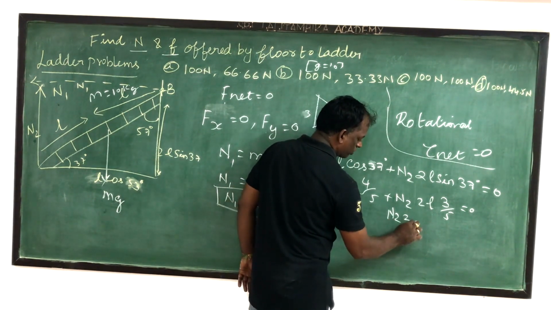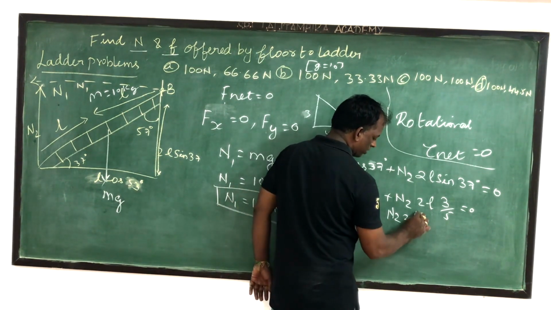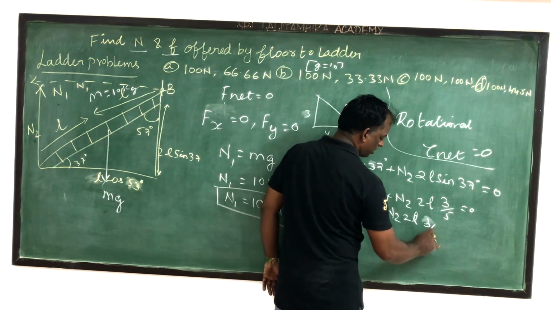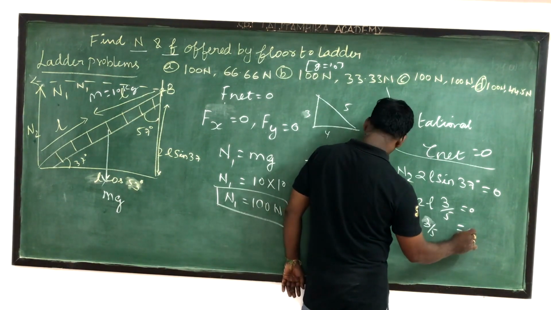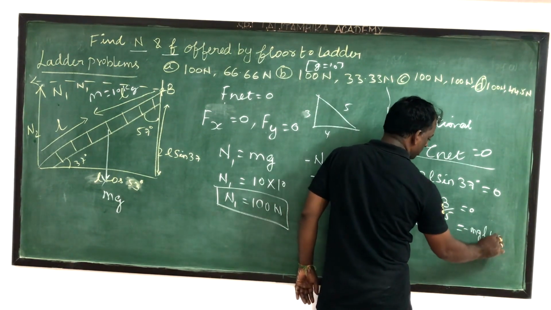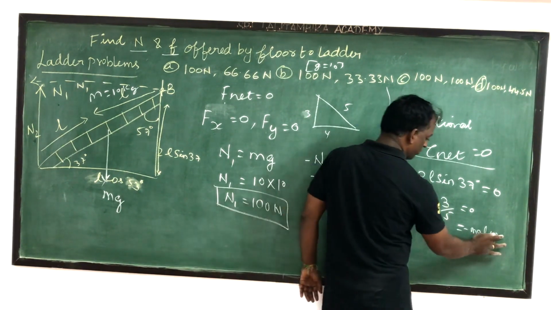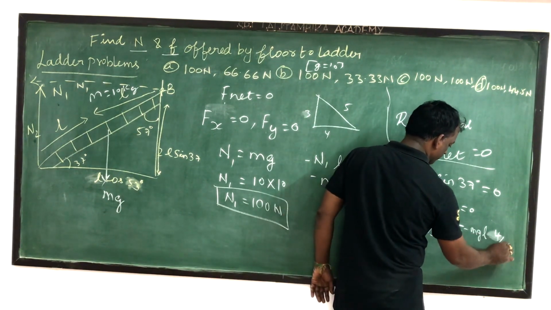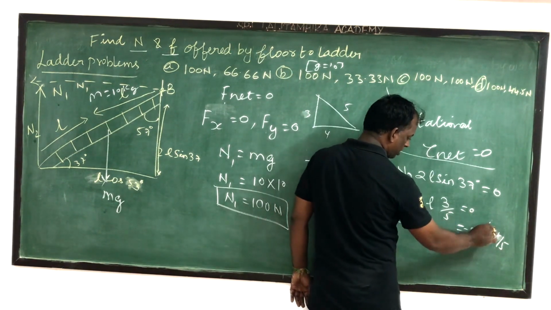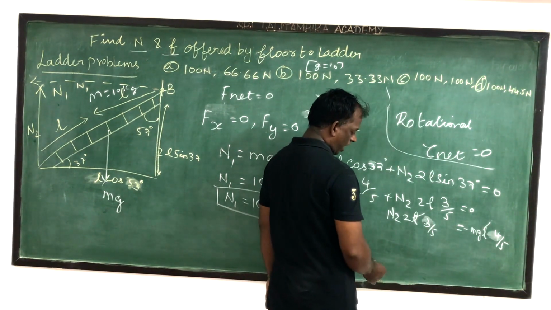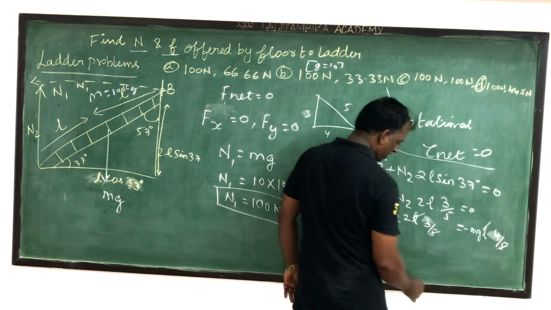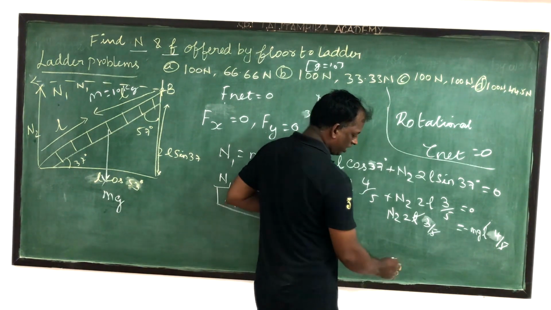N2 2L sin 37, that is 3 by 5, which is equal to minus mg L 4 by 5. So here L can be cancelled, here L can be cancelled. Then here below there is 5, the 5 can be cancelled. So what we can write is,